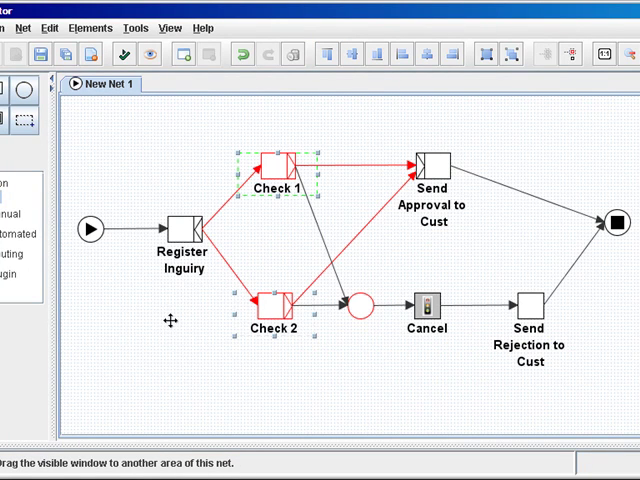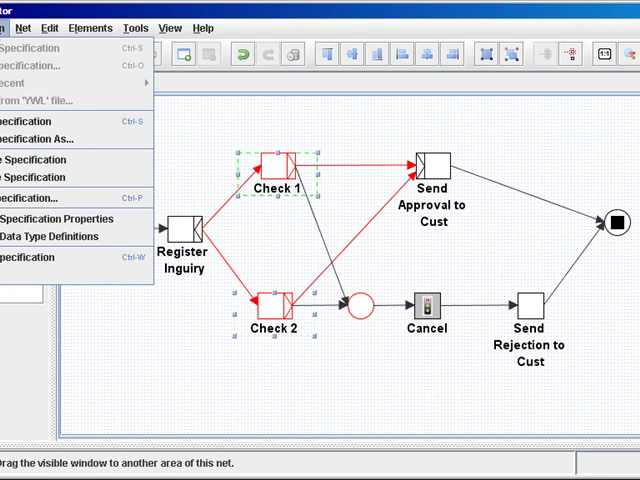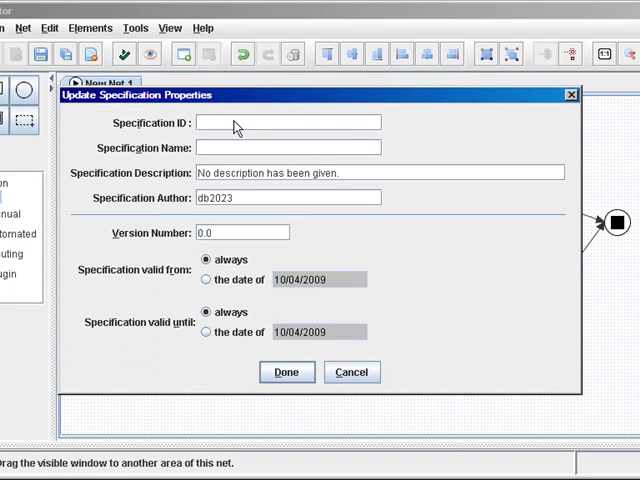Now we can save our process, but before doing that, let's update the specification properties. We can enter a process name, specification ID. I call my process my first example. I give it a description, and this is the double check example. And also the author name,